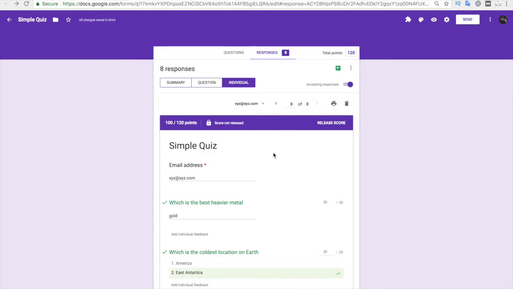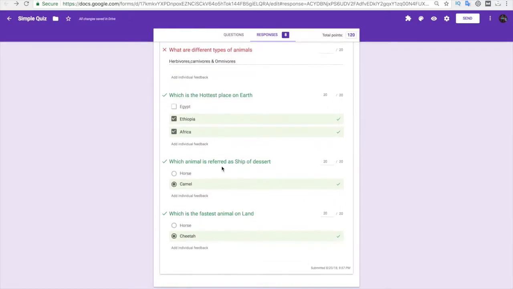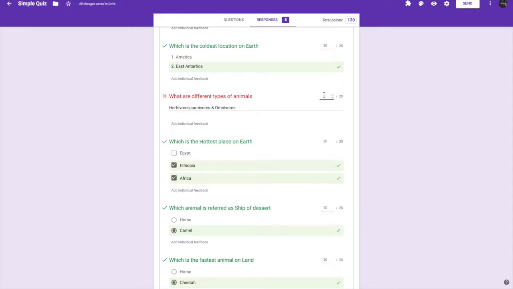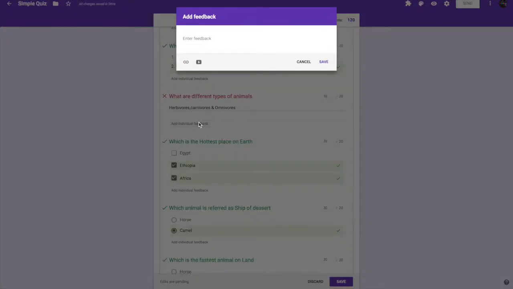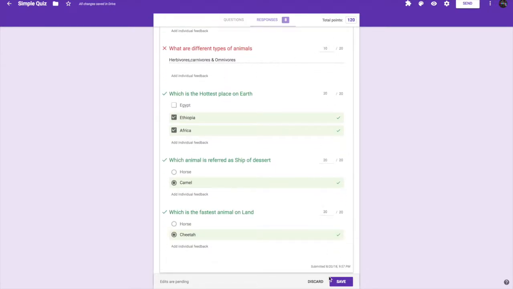And talking about this one, here the question which has the paragraph answer type automatically shows the answer as wrong. For that we have to make it right. How should we make it right? We have to make this answer right by adding the points that you want to give for this answer. I'm going to give about 10 points for this answer. Apart from this, I can add individual feedback for the response of this question. Okay, and after adding the point for this you have to click on save,